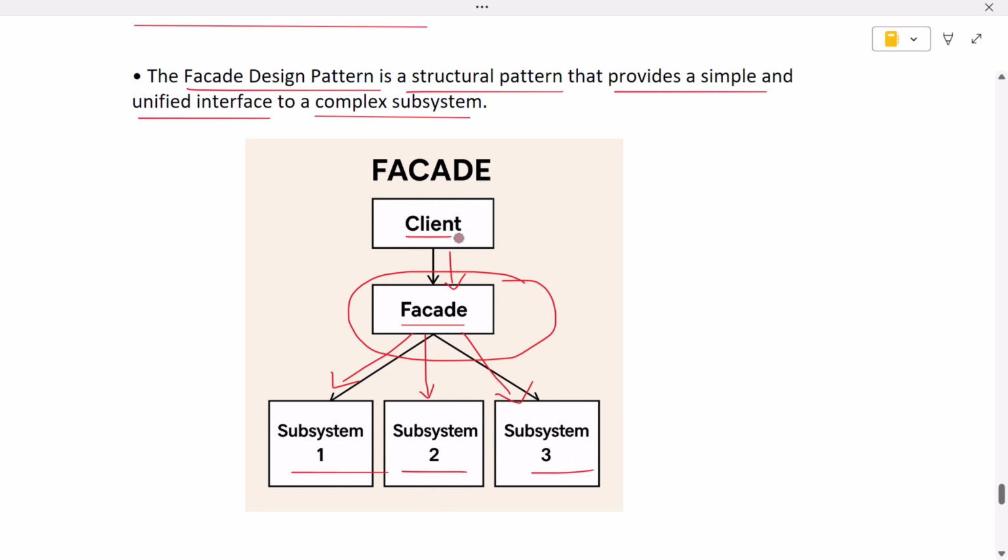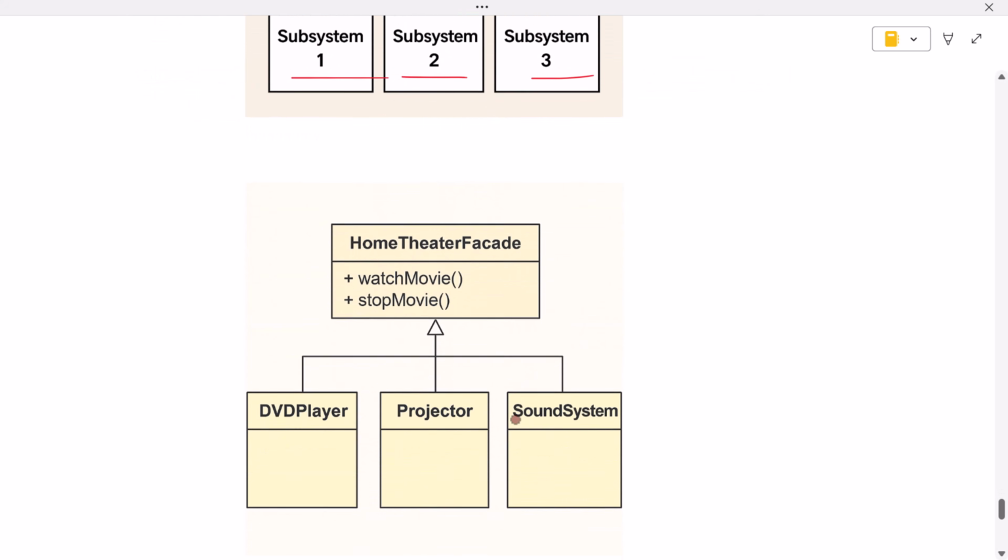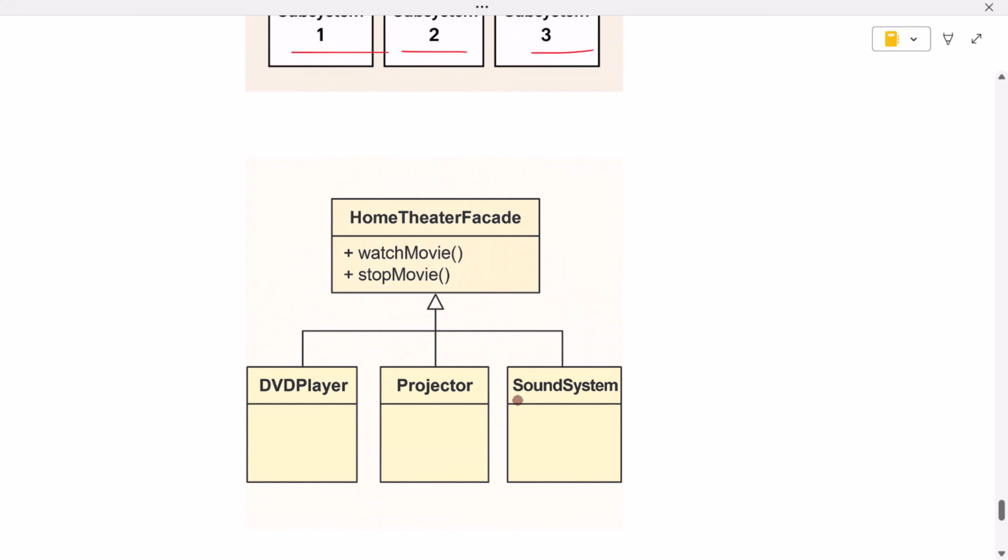In short, as the diagram shows, the client talks to the facade. The facade talks to all subsystems. The client never deals with complexity. Now let's understand this with a very practical and relatable example. We will build a home theater system that consists of multiple components: a DVD player, a projector, and a sound